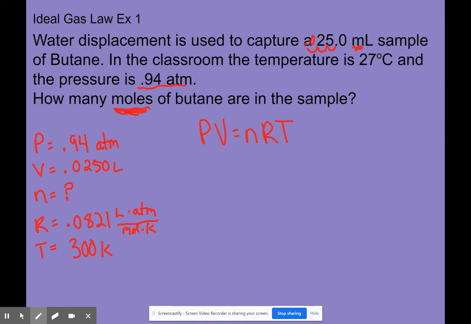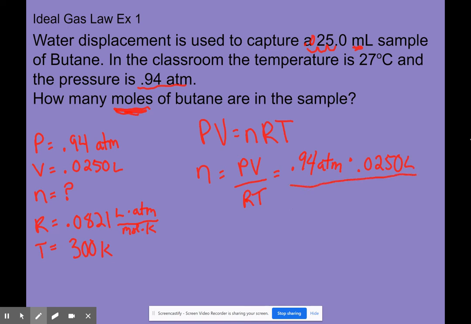So we're looking for moles. It's just algebra. I need to rearrange, right? So if it's on the top on one side, the R and the T get moved to the other side. So N is equal to PV divided by RT. So now I can plug things in. The pressure was 0.94 atmospheres times my volume, which is 0.0250 liters, divided by